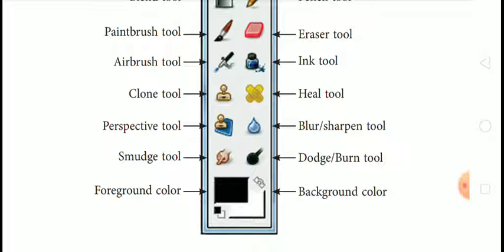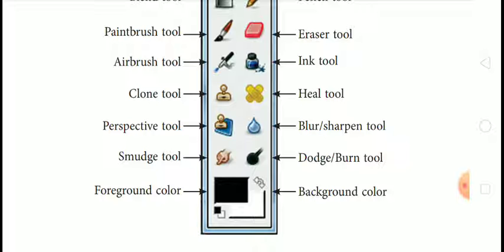clone tool, heal tool, perspective tool, blur or sharpen tool, smudge tool, burn tool, foreground color and background color tool.